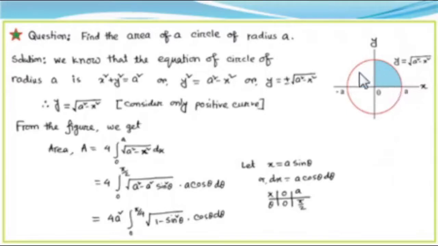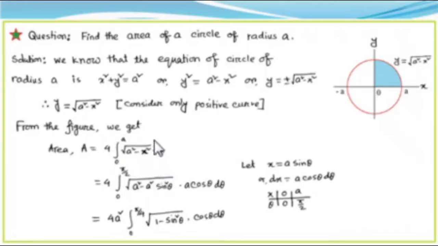Now from the figure we get the area. Actually দেখো শেডেড রিজিয়নটুকু বের করার পরে তাকে যদি 4 দিয়ে মাল্টিপ্লাই করো, তাহলে টোটাল এরিয়া পাবে। সো এই শেডেড রিজিয়নে লিমিটস অফ x ইজ হোয়াট? অরিজিনে x এর মান 0 আর এই পয়েন্টে x এর মান হলো a, বিকজ a is the radius of the circle. সো আমরা যদি 4 দ্বারা মাল্টিপ্লাই করি এবং 0 to a লিমিট অ্যাপ্লাই করে এরিয়া ক্যালকুলেশন করি, তাহলে এই এরিয়াটুকু পাবো এবং তাকে 4 দ্বারা মাল্টিপ্লাই করলে টোটাল এরিয়াটুকু পাবো।